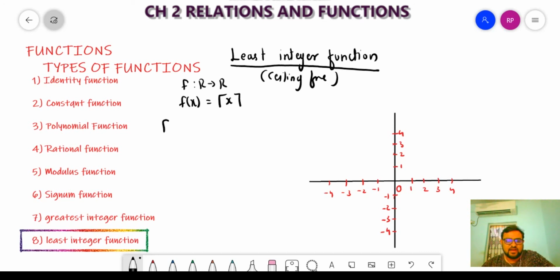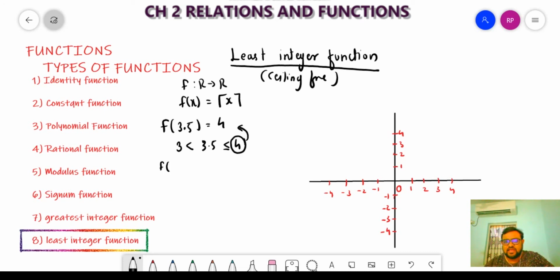So see here, if I take f of 3.5, so list out all the integers, but it must not be less than 3.5, and the value of that integer will be least, means 4, 5, 6, 7, 8, 9. These are the integers which are not less than 3.5, and from that, which is the least one? 4. So the answer will be 4. Here I can write it down like 3 is less than 3.5. On this side I will use less than equal, because this will be the answer.